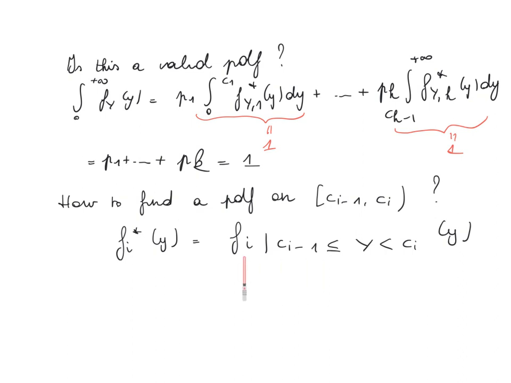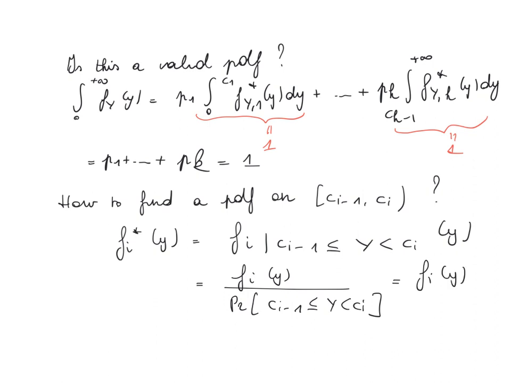So what I'm going to do here is take a legitimate PDF, let's call it F_i, and restrict this F_i to the interval (c_{i-1}, c_i). The way I can do this is by working with conditional densities. So that becomes a recipe like this, which I can also rewrite as: take a legitimate density F_i and